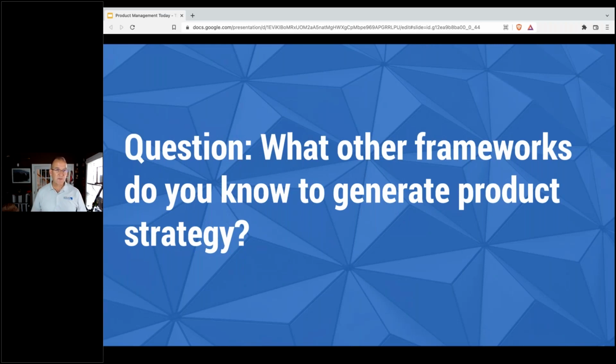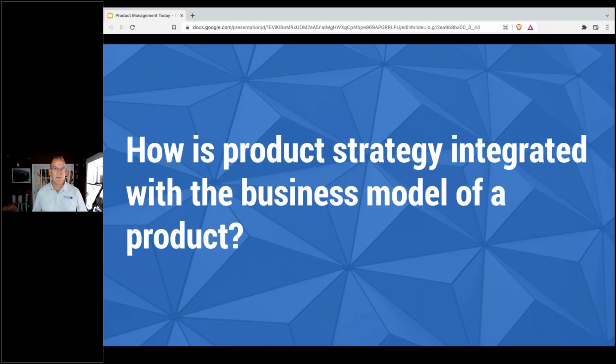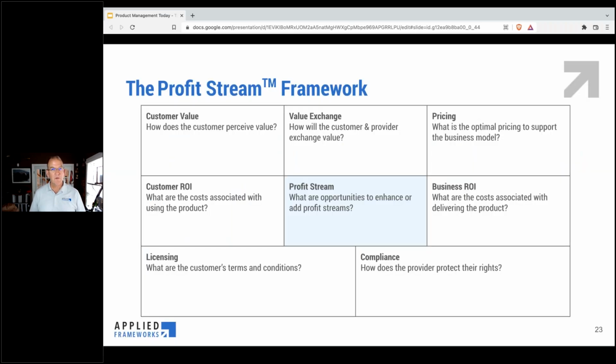So now we've looked at some frameworks to generate strategy. I do want to now cover the key integration between the business model and the product strategy. The way I'm going to do this is with a canvas of our own, where we describe the business model of a software product. And this is specific to software-enabled products and services. This could be modified in many different ways for different domains. But the area that I think is most important to integrate between the strategy and the business model is really this top row. When we think about strategy, we're really thinking about how customers perceive value.